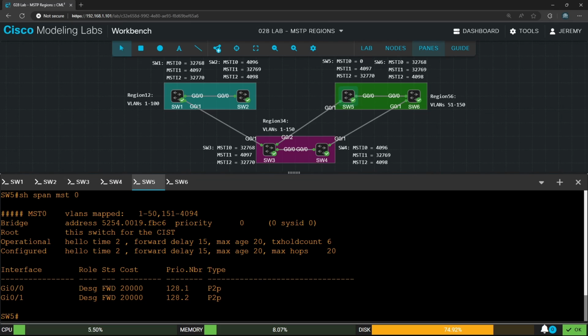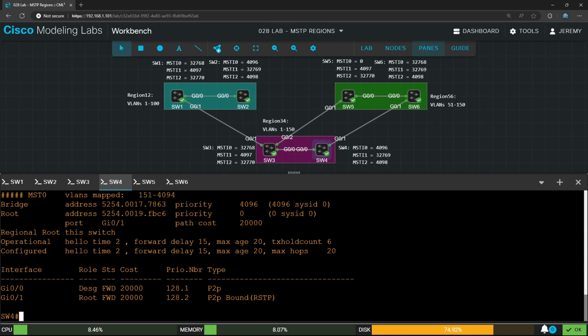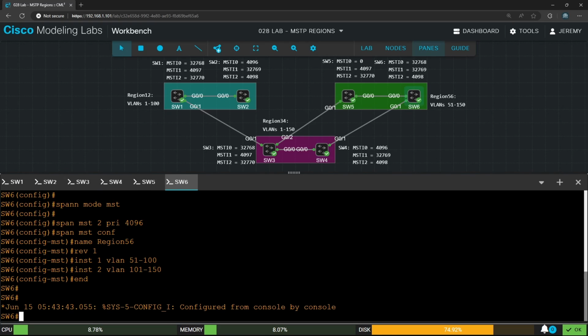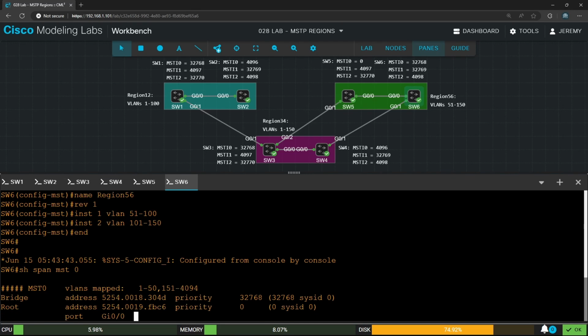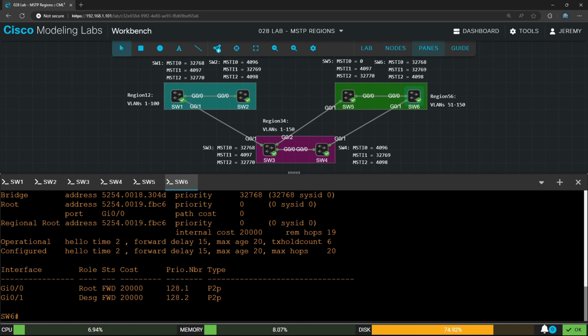And the same should be true for the link between switch 4 and switch 6. On switch 4, let's take a look at show spanning tree MST 0. Switch 4 G01 is a boundary port, a root port that receives BPDUs from switch 6 G01, and is therefore a boundary port. This link is part of another region, region 56. And I'll use the same command on switch 6, show spanning tree MST 0, to double check that G01 is indeed a designated port, so it isn't a boundary port. A designated port can't be a boundary port, because if it's designated, it means the switch is the designated bridge